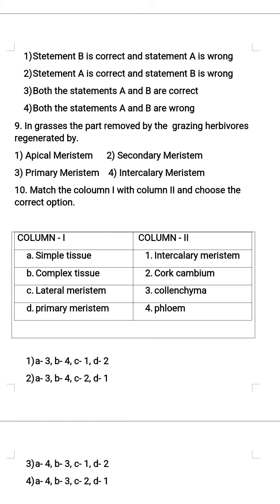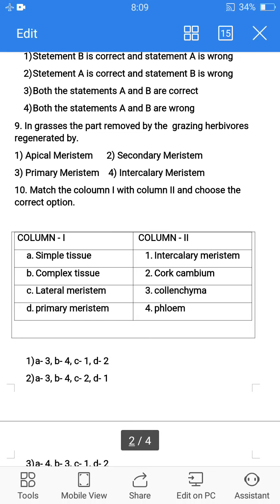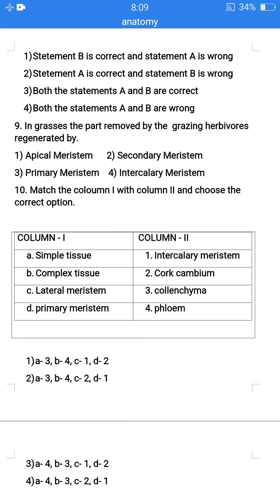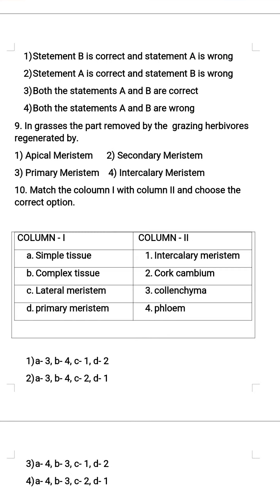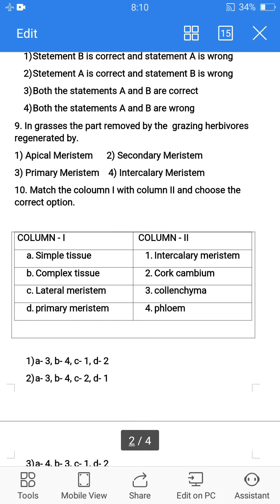Next, vascular bundles, 3 types of vascular bundles. This concept is also important for competitive examinations. Next, another area for competitive examinations is anatomical structures of dicotyledons and monocotyledon plants, such as dicot root and monocot root. Next, dicot stem and monocot stem. Next, dicot leaf and monocot leaf. And the last area for competitive examinations is secondary growth. And in this secondary growth, cork cambium and about lenticels, these are the important concepts for competitive examinations.